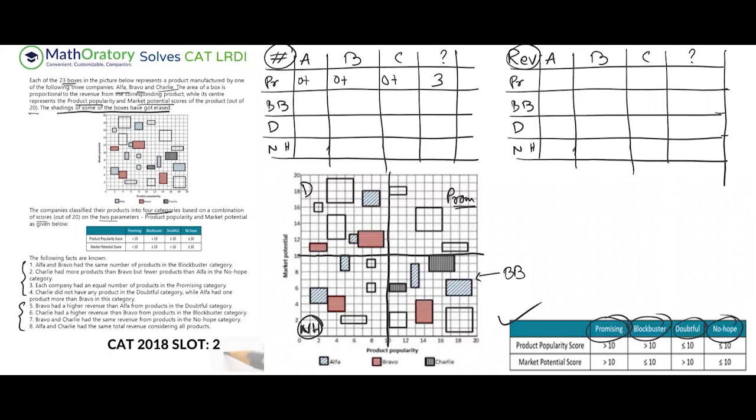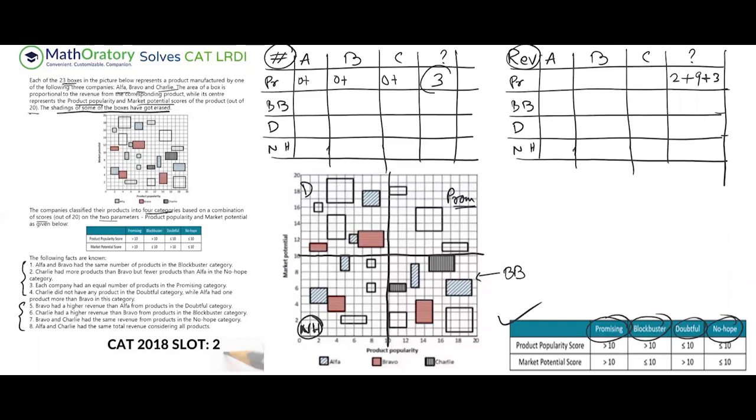So there are 2 units of x-axis and 1 unit of y-axis, so this area is 2. This is 3 into 3, 9. So this is how I'm going to indicate this. And this is 3 into 1, 3. So these are the 3 revenues. I've not written this as 14 because if I do that, every time I go into the additional information, I have to check this thing again. That is the extra bit that I don't want to do.